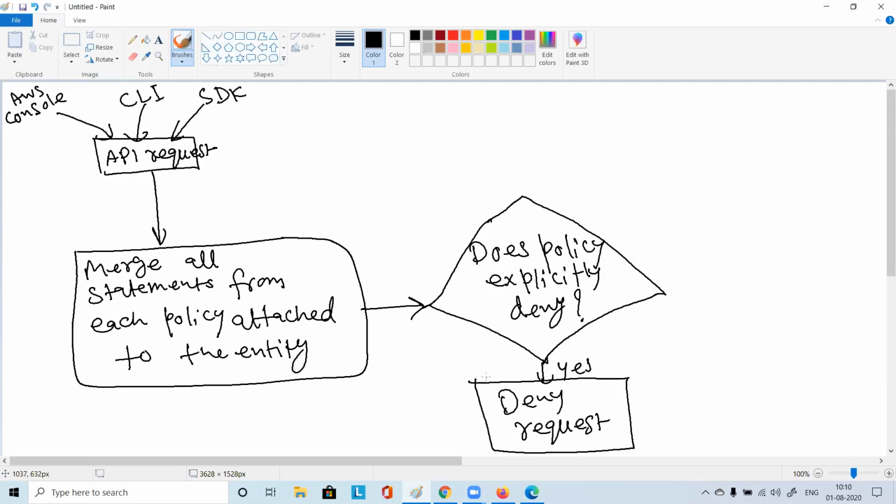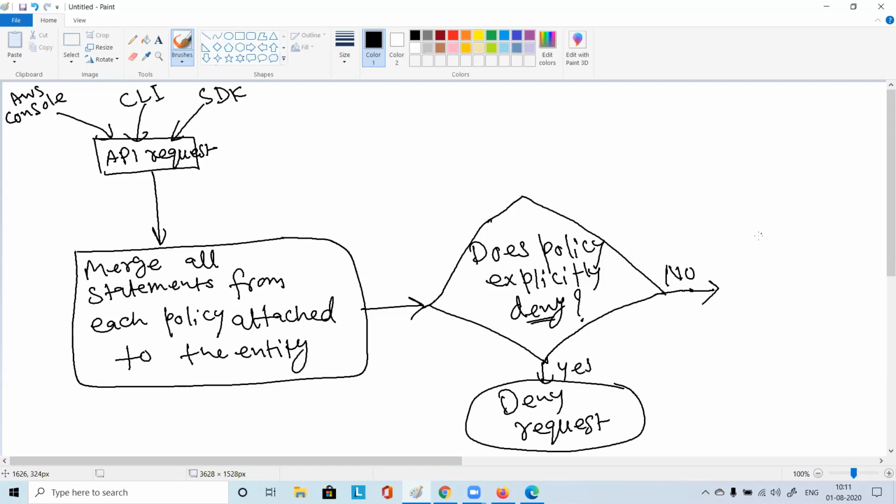So if the policy is denying explicitly, it should deny. That's it. Now, if it is not denying, the first thing to check is if it is denied explicitly; if not, then it moves on.